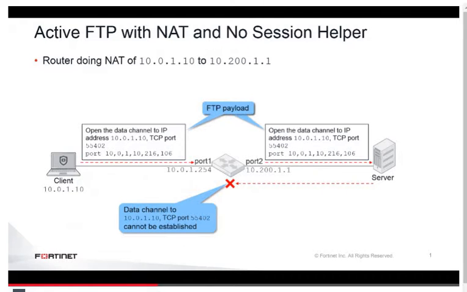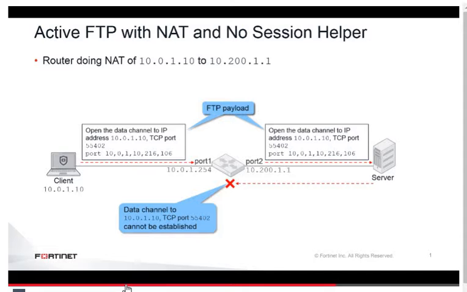10.200.1.1. After the control channel is up, the client sends the port command with its IP address 10.0.1.10 as the destination for the data channel. When that FTP packet crosses the router, the source IP address in the IP header is changed from 10.0.1.10 to 10.200.1.1. However, the IP address in the FTP port command is not translated to